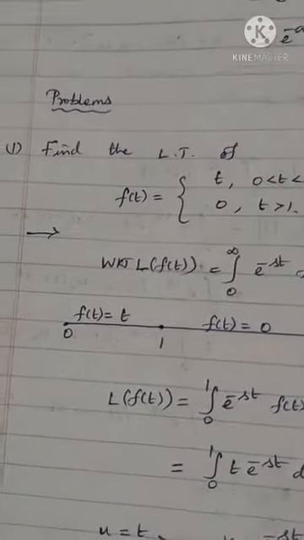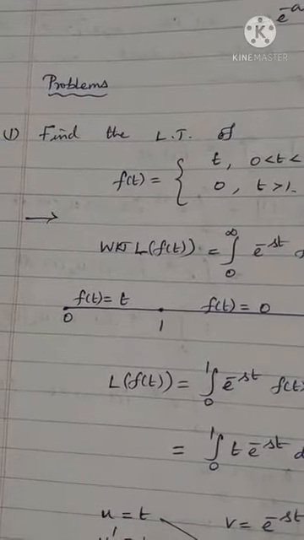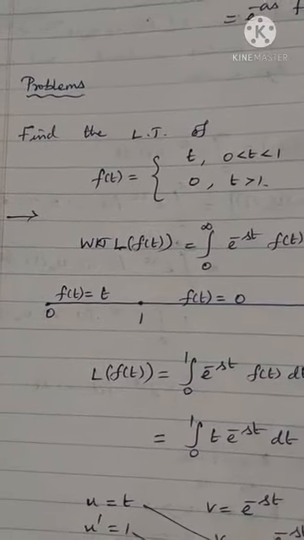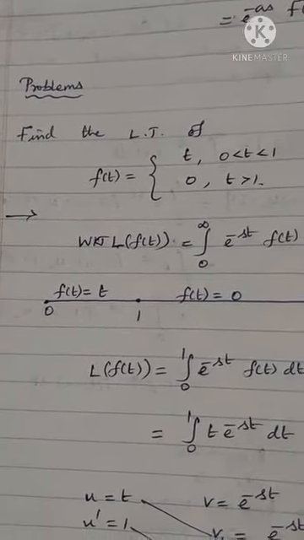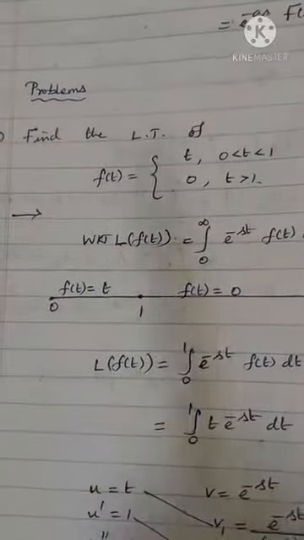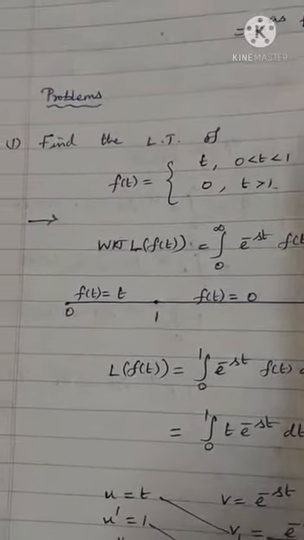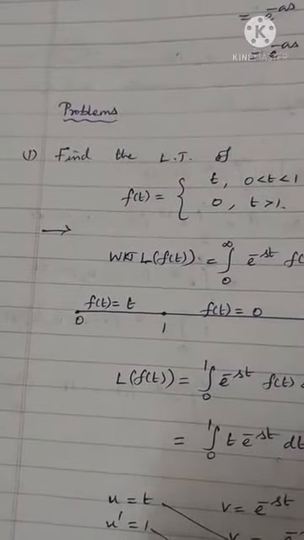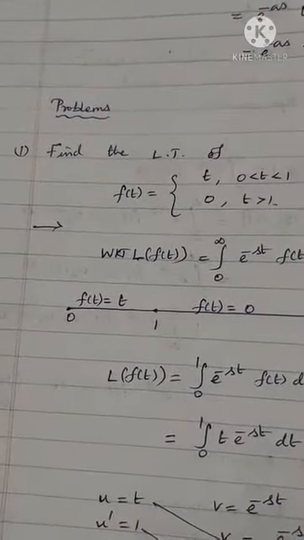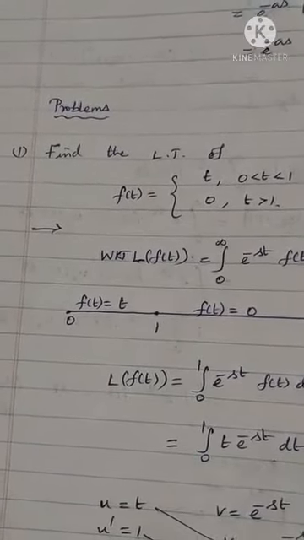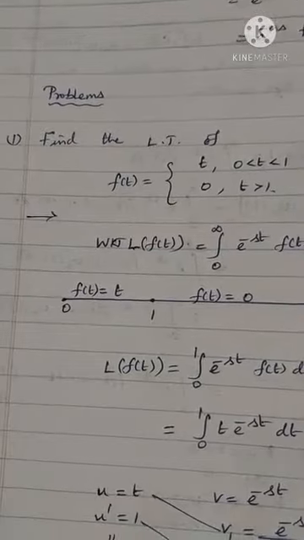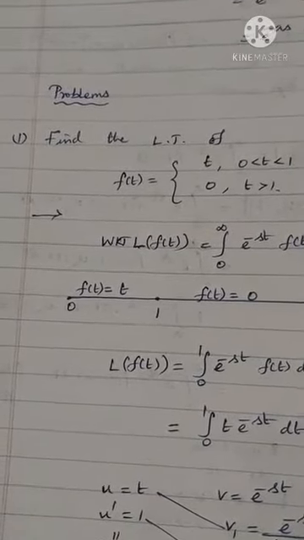So we have methods. We look at the functions, how the product is. If it is e power at into some function, a product of two functions where one is e power at or e power minus at, we should use first shifting property. What the property says? L of e power at into f of t is L of f of t with s replaced by s minus a. L of e power minus at into f of t is L of f of t with s replaced by s plus a. Find just the Laplace transform of the function, finally replace s by s plus a, right?